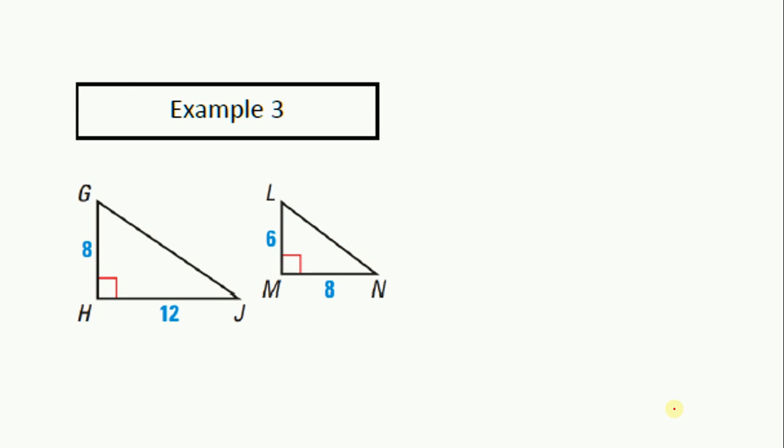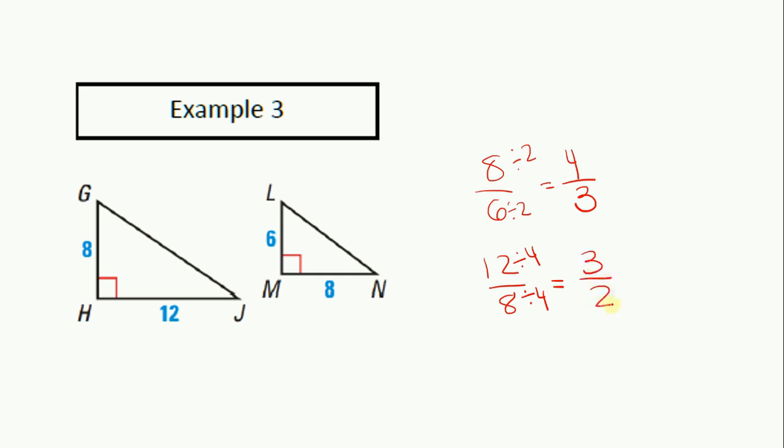Let's try the third example here. So it looks like I have angles congruent because the 90 and 90 are congruent to one another. Now let's try the sides. Let's make sure the sides are proportional before I can call them similar. So I got 8 over 6. I think that's both divisible by 2. So that would be 4 over 3. That's as simple as it can go. Let's try then 12 over 8. Divisible by 4, I think. So that would be 3 over